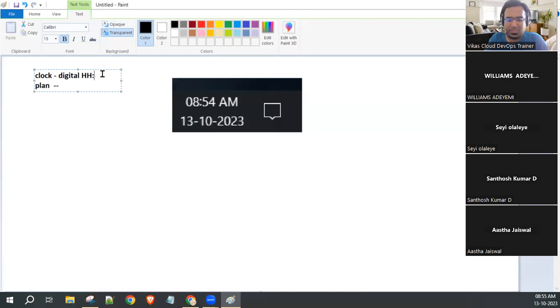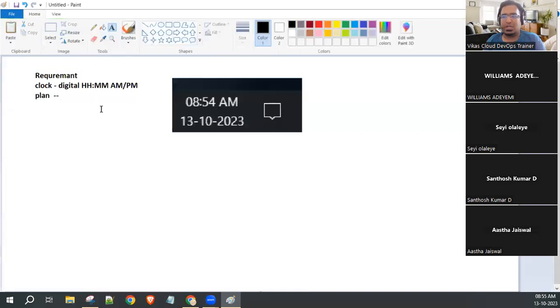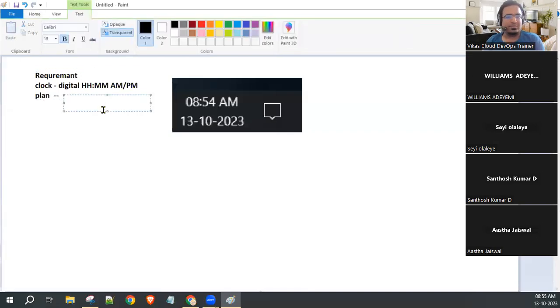Hour as well as minute has to be developed, and then the AM/PM feature should come. This is just a requirement that came from the client. Okay, this is the requirement. Now I need an answer. How you will plan it and how we can achieve this. Can you please help me out? Let's do the planning.